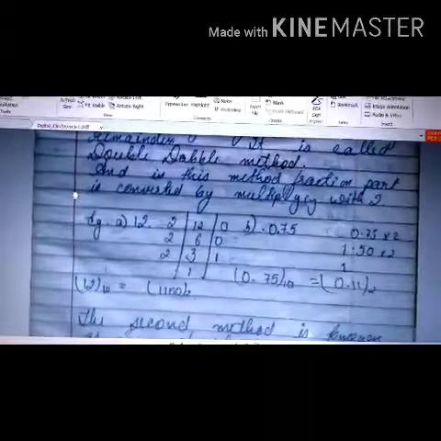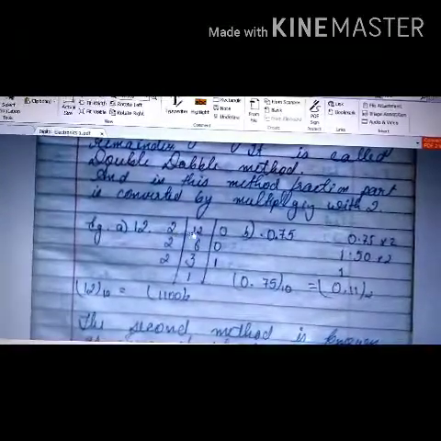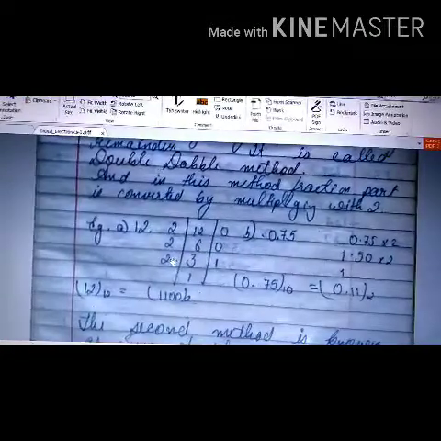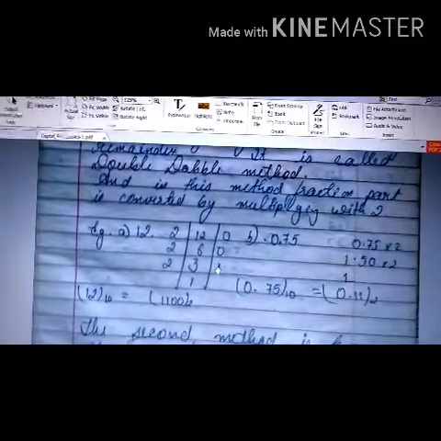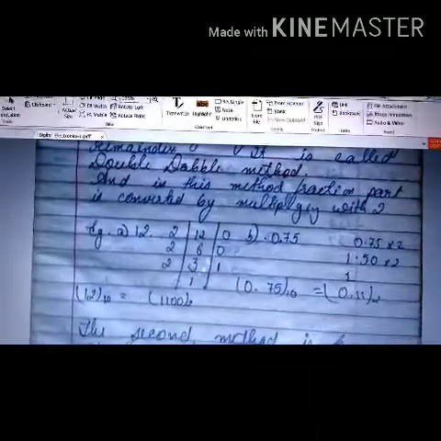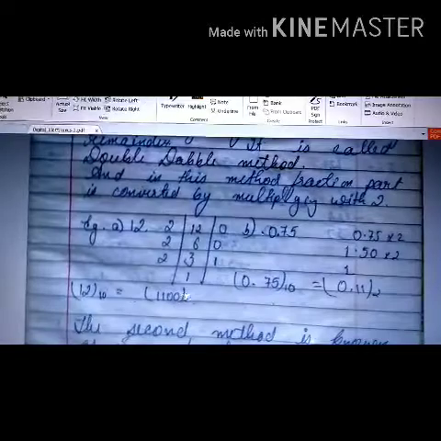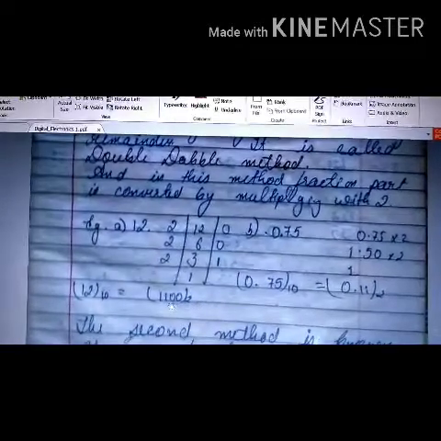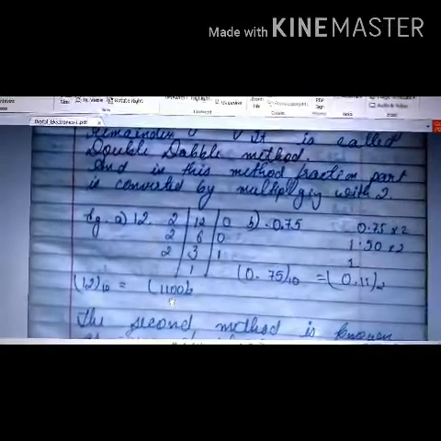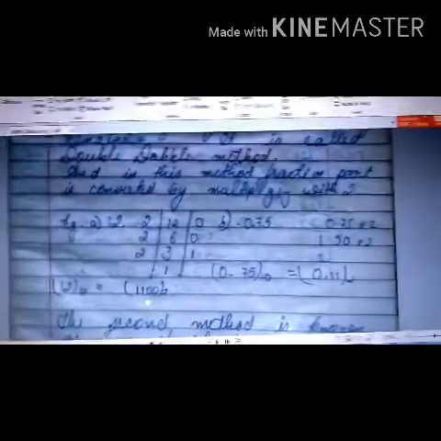Let us see. If you want to convert the number 12, we will keep on dividing 12 by 2. We get 6, remainder 0, then 3, remainder 0, then 1, remainder 1, then 0, remainder 1. Now we will start counting from the last remainder. This is my MSB and this will be my LSB. So the number will be 1100 with a base 2 in brackets. This signifies that this is not one thousand one hundred, but a binary number which is equivalent to the number 12 in decimal. For the fractional part,